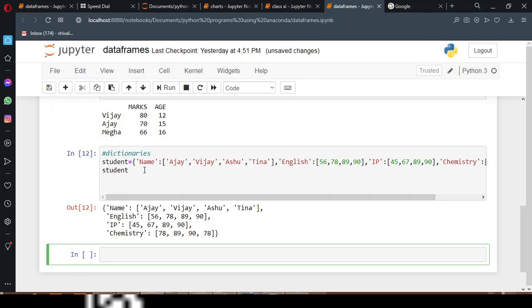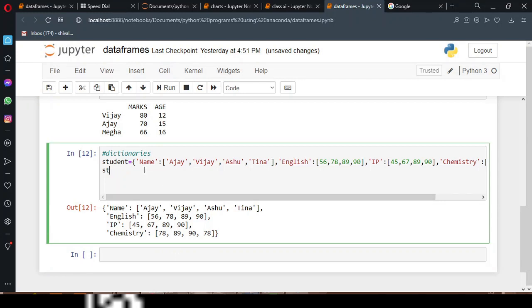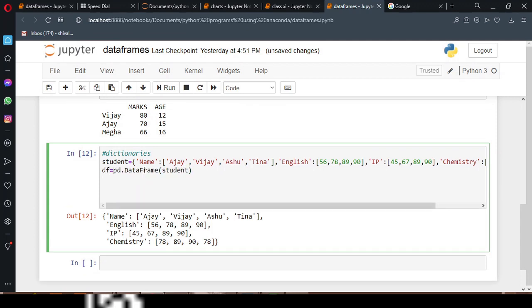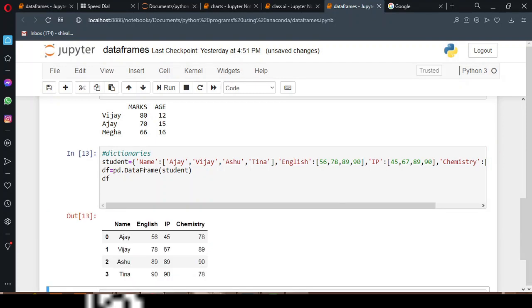Now what I am going to do is pass this in my pd.DataFrame. I am going to pass the name of the dictionary, which is student, and let me just store it in a variable, maybe df. Now I'm printing this df, shift and enter.